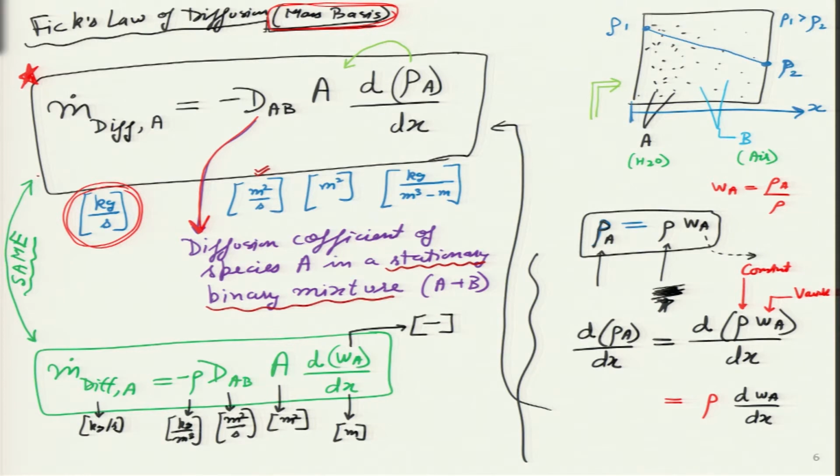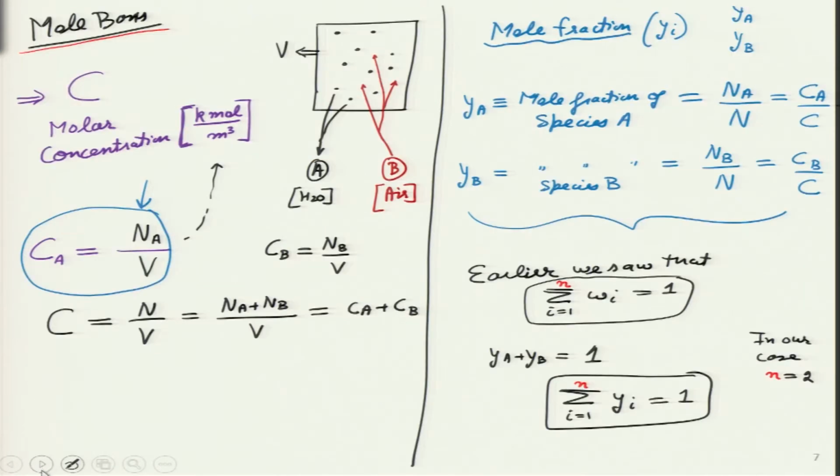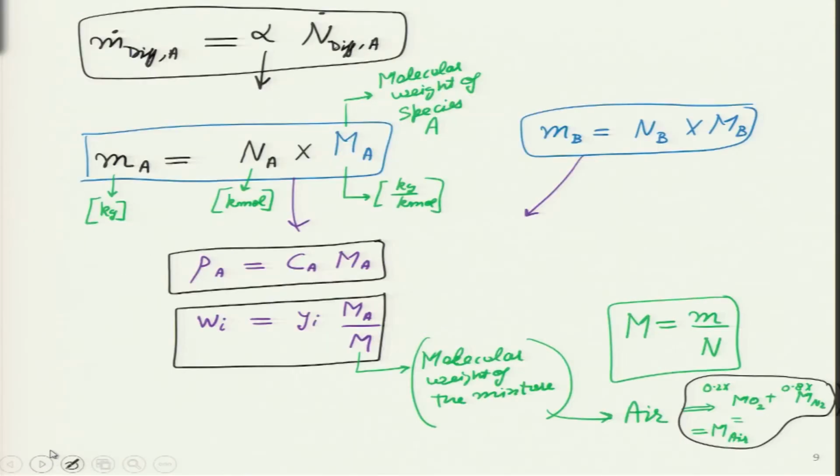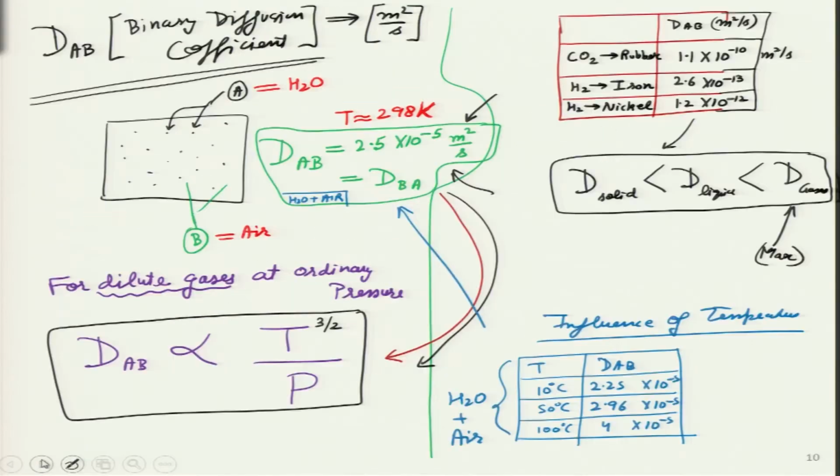So, these are the same two equations written in different forms. That is why I had written the same over here. After we completed this analysis on the mass basis, we continued the same thing on a molar basis as well. There, instead of density we have mole concentration, instead of mass fraction we have mole fraction, and we could write Fick's law of diffusion on the mole basis as well. There again we get the same two equations, and the proportionality constant remains the same, DAB. Then we correlated mass and moles together. It is just a multiplication by the molecular weight of that particular species. This part is straightforward, I will skip through this.